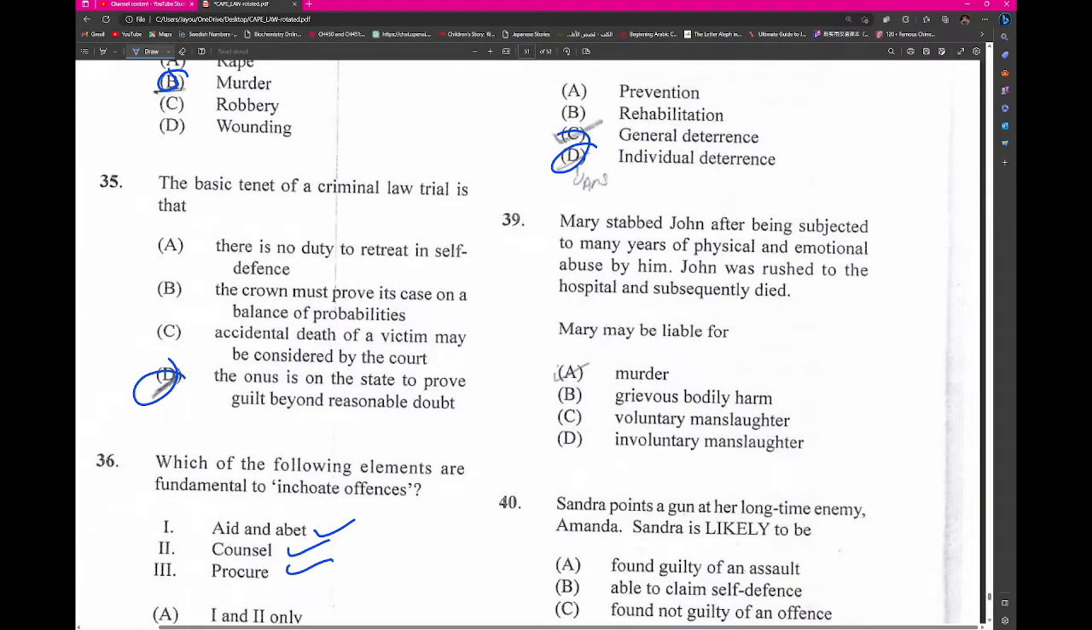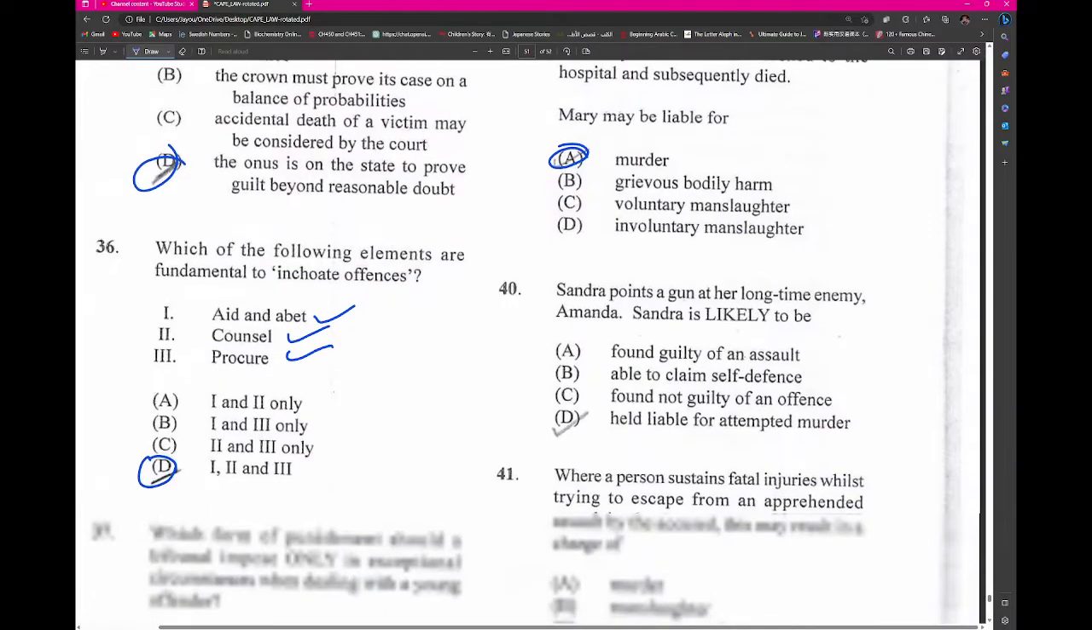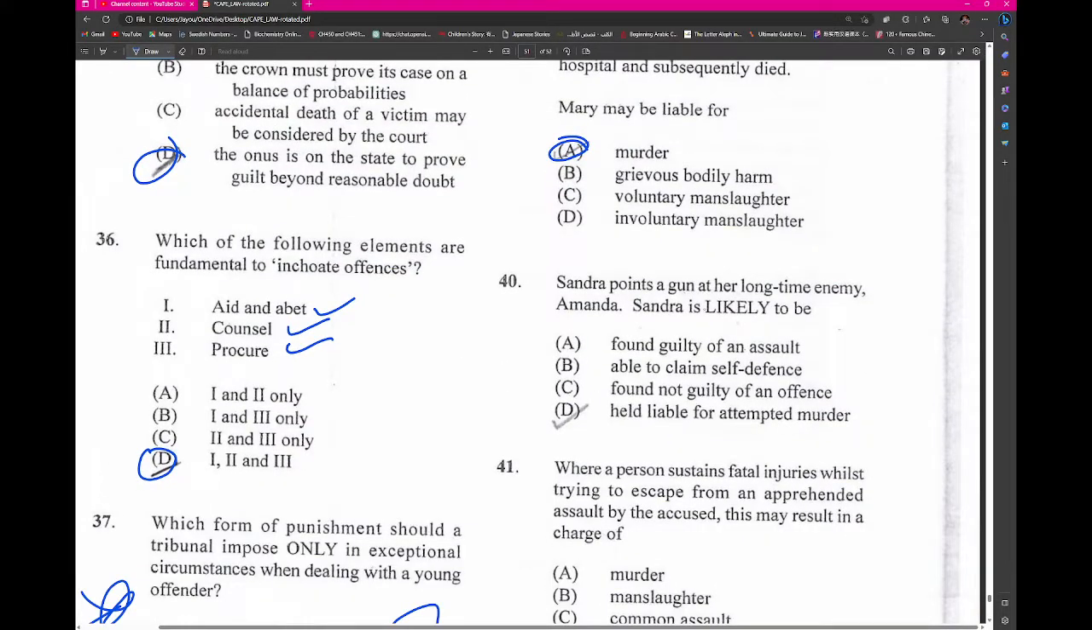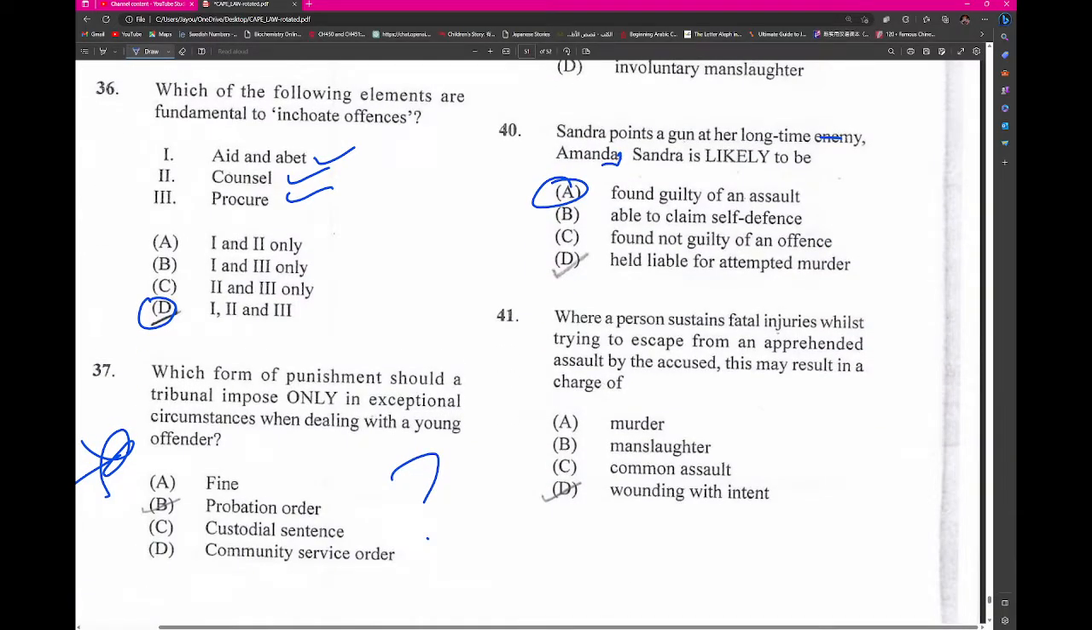Mary stabbed John. Murder. Sandra points a gun at the enemy. She points a gun, but we don't know about the trigger being pulled, so it can't really be... It should be guilty for assault. Where a person sustains fatal injuries whilst trying to escape from an apprehended assault by the accused, this may result in a charge of